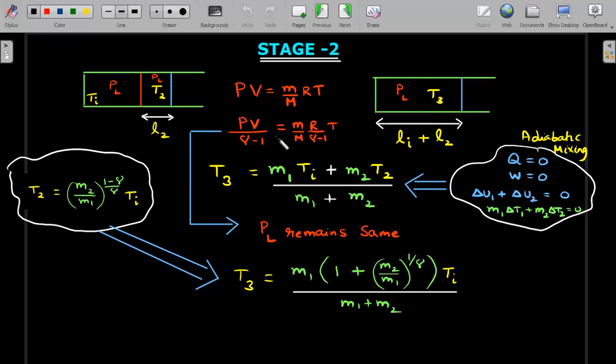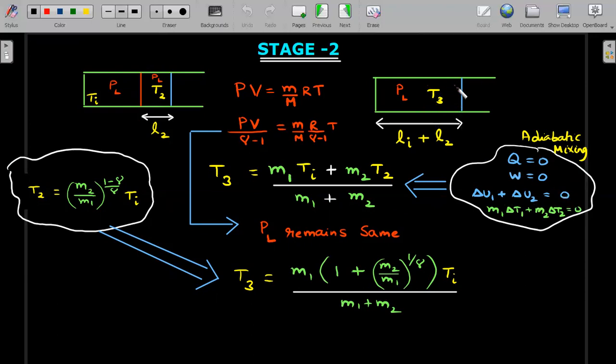So keeping this in mind, and also come to this side, this kind of mixing is called adiabatic mixing. Can you see all the walls are adiabatic in nature, so no heat is flowing in. So whatever changes are happening, it's an internal business of the two gases which are mixing. So since it's happening at constant volume, in adiabatic mixing, Q is 0 and W is also 0. Right? Gases don't do any work on each other, because molecules don't work on each other. Okay, so delta U1 plus delta U2 should be equal to 0.